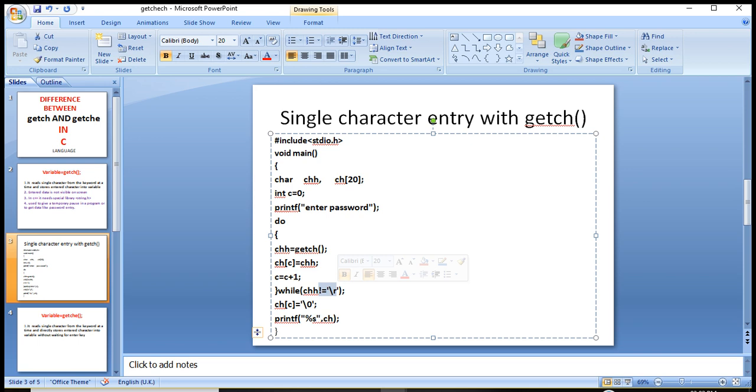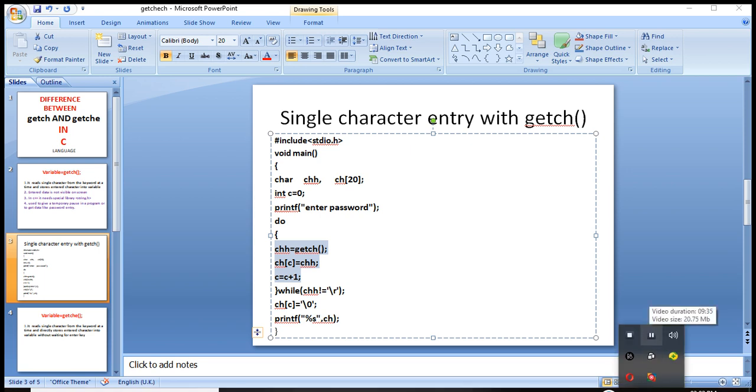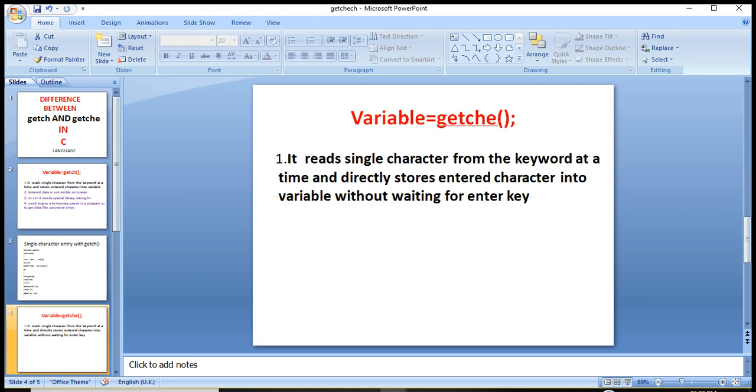Now we come to getche. We have learned the getch function will read a single character and does not show the entered character on the screen. But the getche function shows the entered character and stores the entered character into the variable, and it does not wait for the enter key to be pressed.